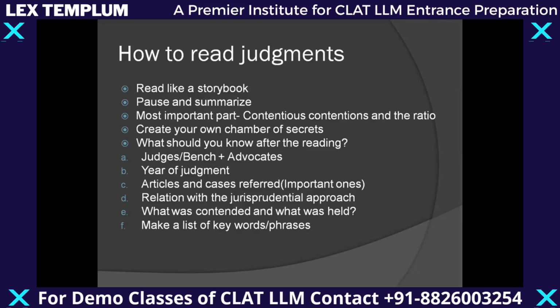If you do not read, if you do not know that this particular paragraph is from this particular judgment, it would make the whole process of reading and the whole time investment in the reading a futile exercise. We don't want to do that, right? So once you've started reading it,